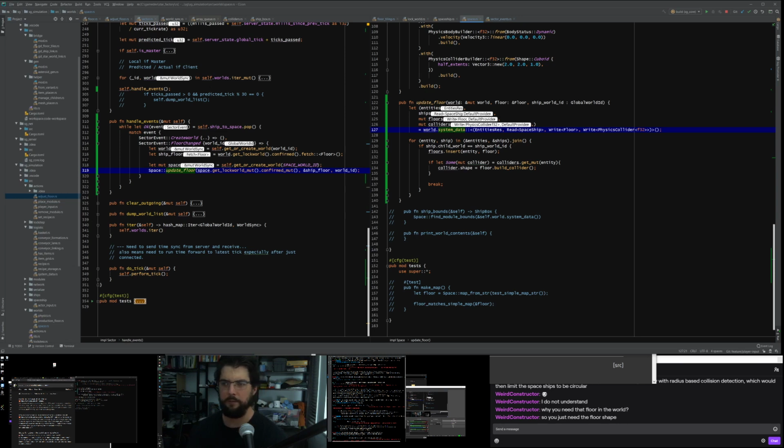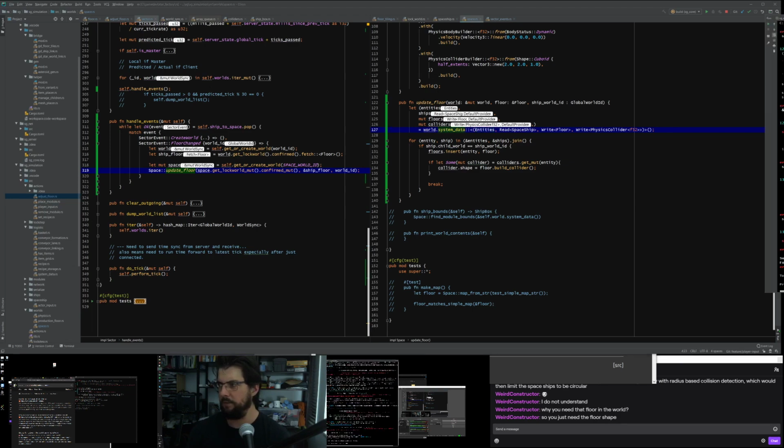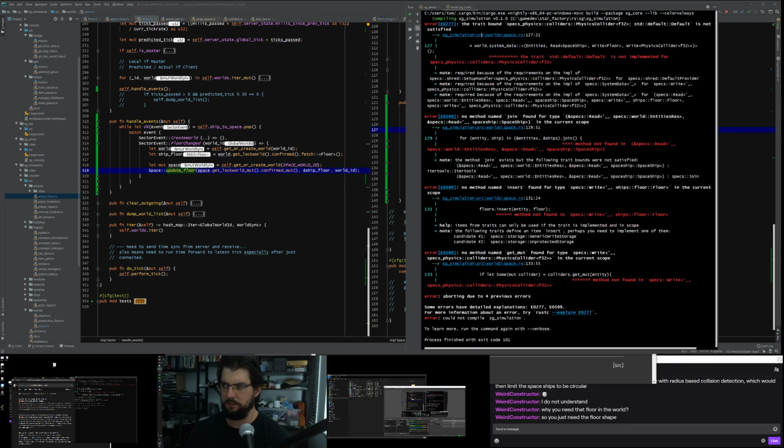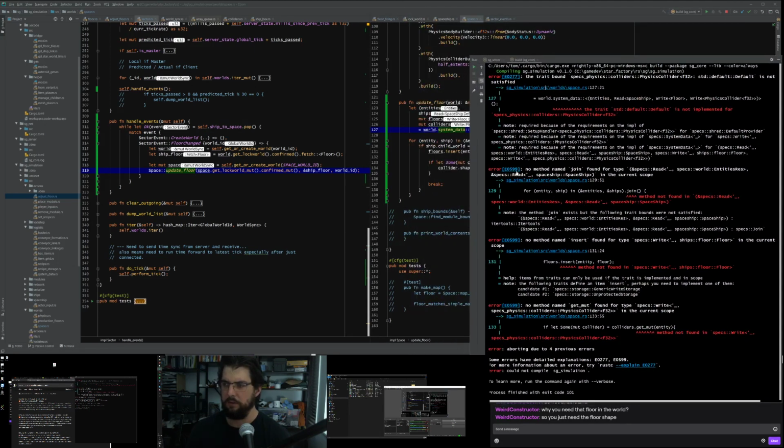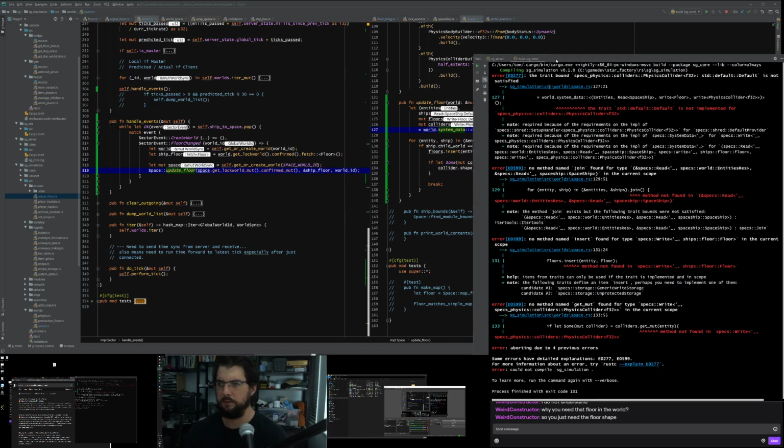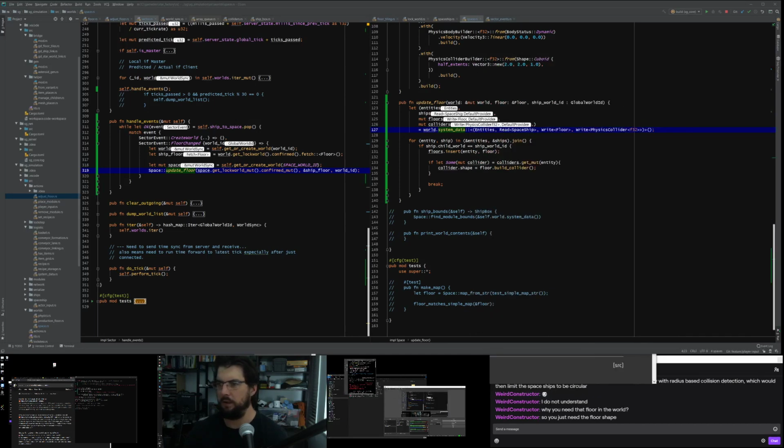It's not implemented for entities res. Do I just call it entities? I can't remember. I think so, because that bug went away. It's not implemented for physics collider. How can you get around this problem?